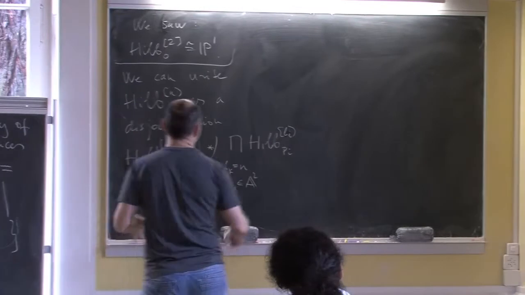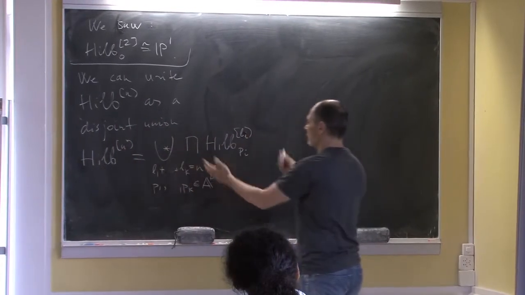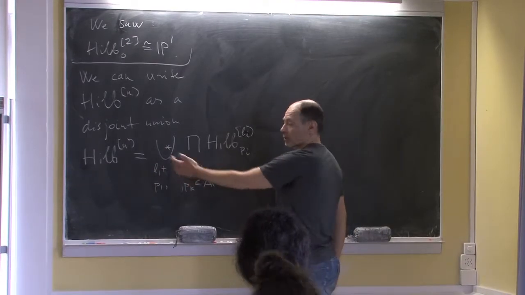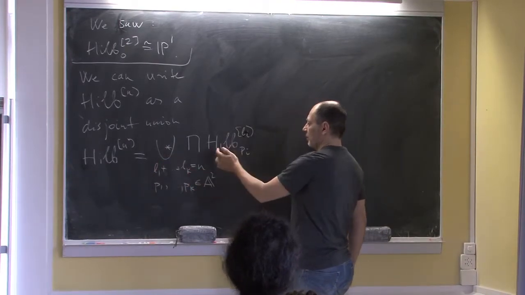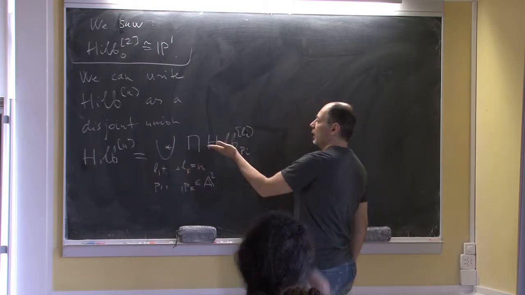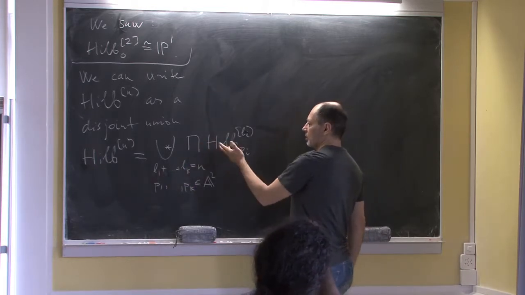Okay. So of course the biggest. So this gives you some sort of strata. The biggest stratum is when you choose all of them to be 1. So then you just get Hilb. You choose n points. Each of the L's are 1, and in that case, it's just